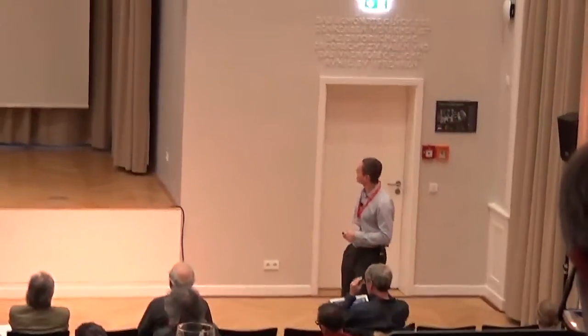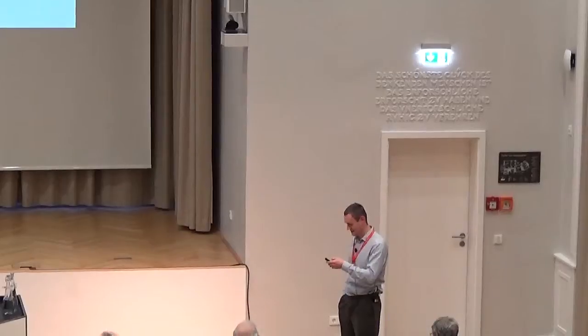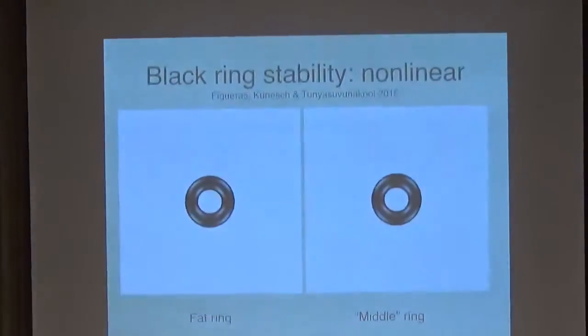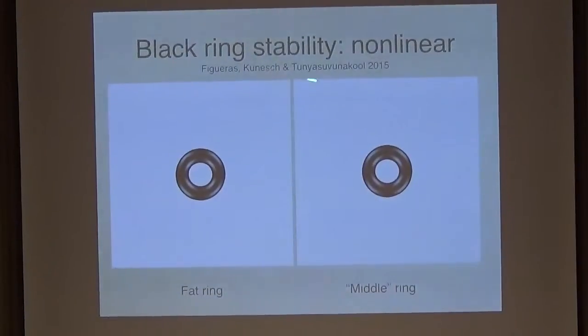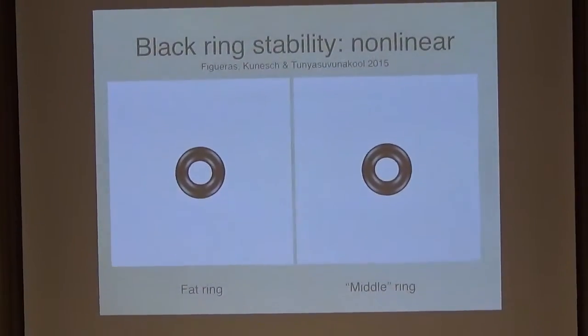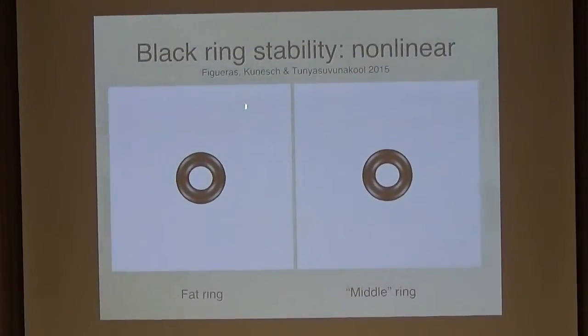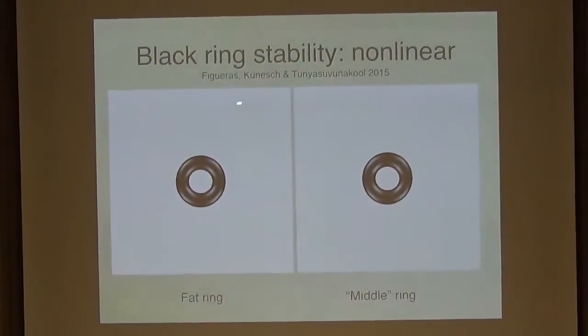Okay, so I based my career on the discovery of black rings, and my Cambridge colleagues have now undermined that by showing that they're unstable. Let me now show you how other colleagues in Cambridge have been hammering further nails into my coffin by making all of this non-linear. So again, this is work of Pau Figueras and his students, and this work is going to appear very soon, I understand. And I'm very grateful to Pau for sharing these results with me and letting me present them to you here today. And I'm even more grateful that he's sitting in the audience ready to answer any tough questions you might have.